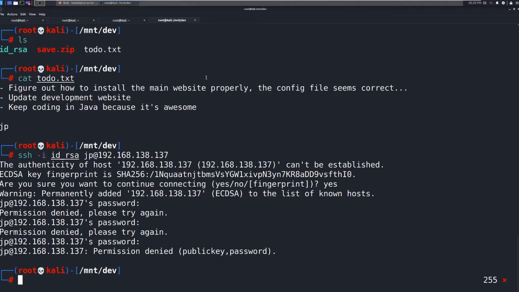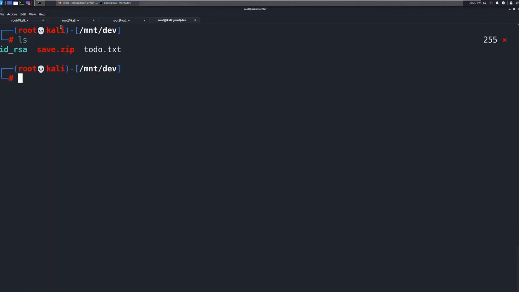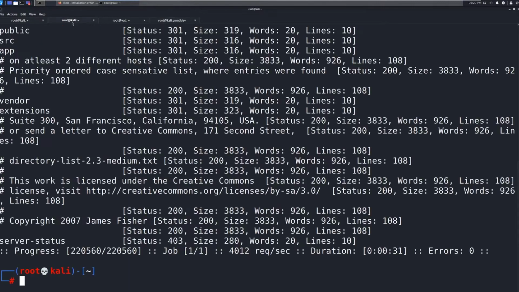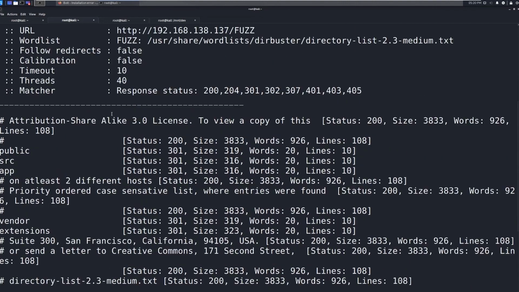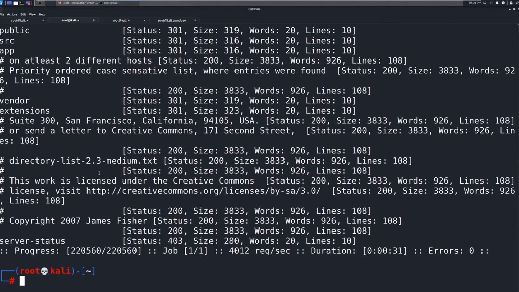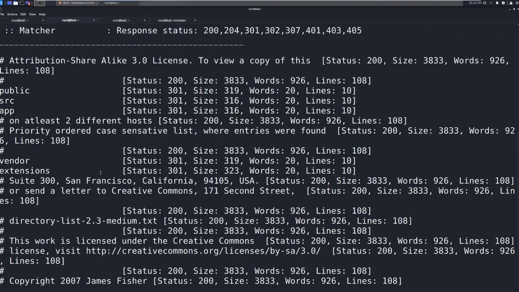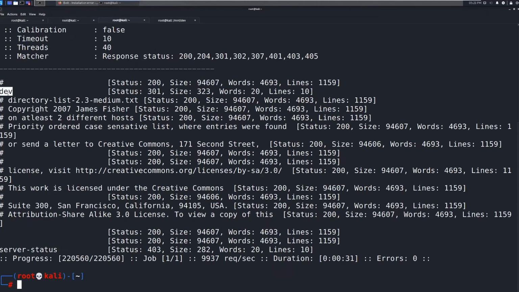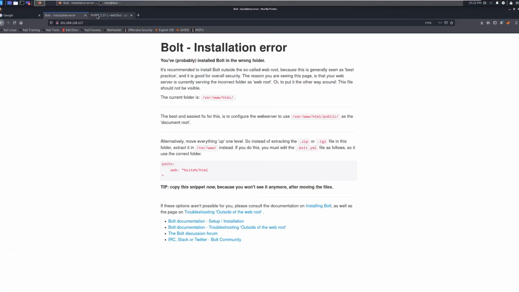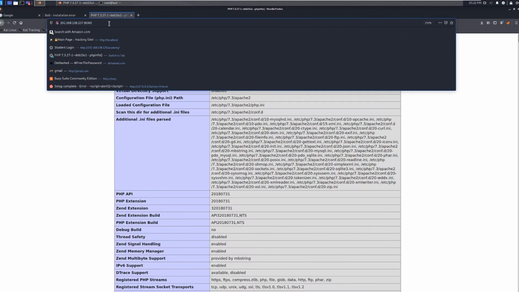We're going to clear screen. We have this id_rsa file, and we have some information hopefully sitting here waiting for us. On the port 80 side, we have a public 301, a source 301, an app 301, vendor extensions. Maybe we take a look at that. Also on this side, we have a dev directory. So if we go in here and just go to /dev,